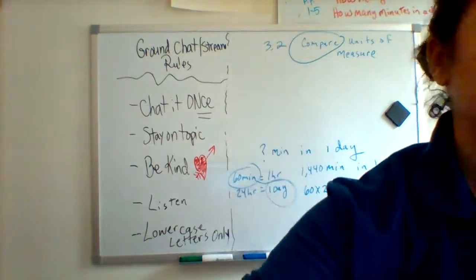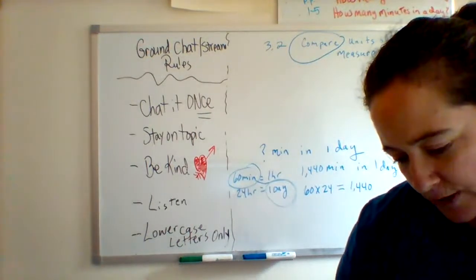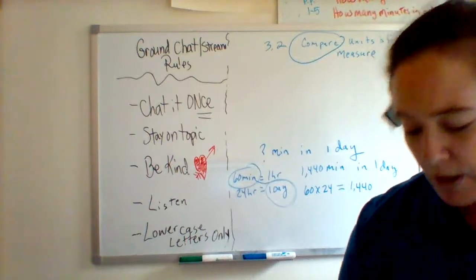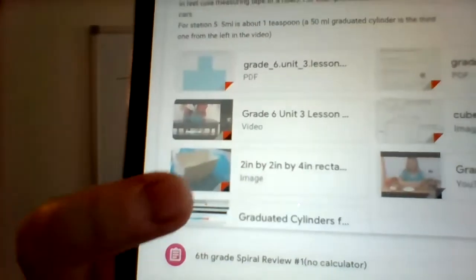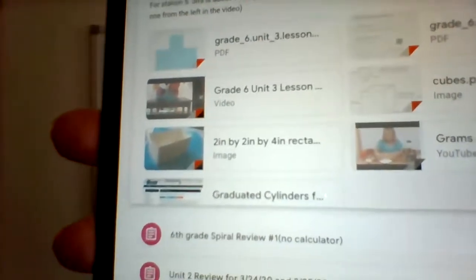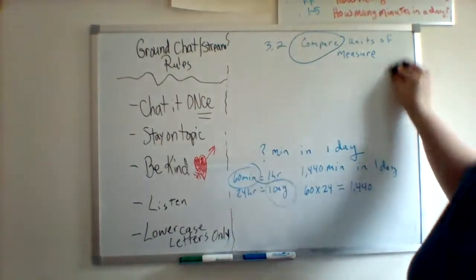This box, I also posted on Google Classroom. I posted a picture of it for you, and I told you what the dimensions of it were. So the box that we're trying to fill